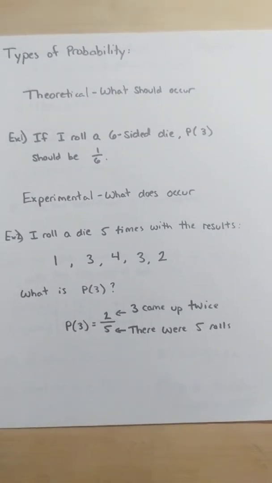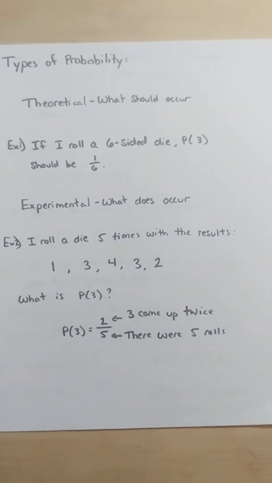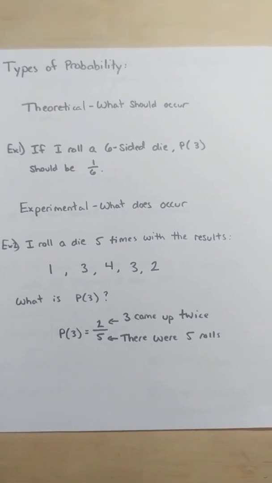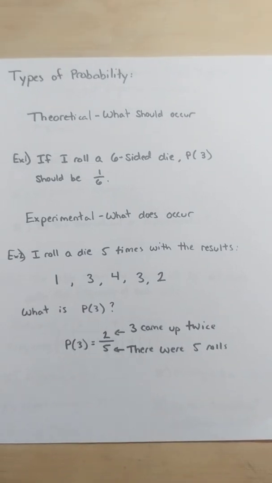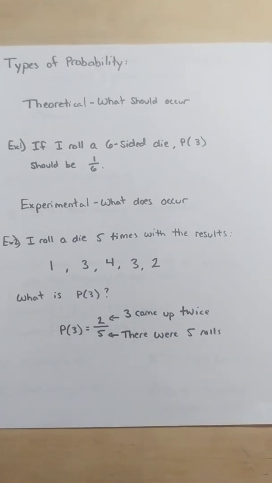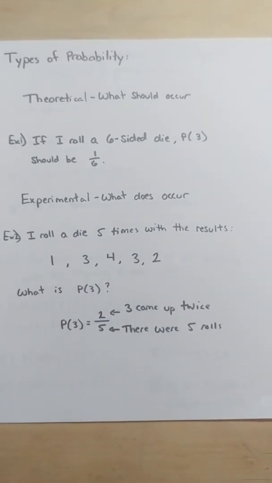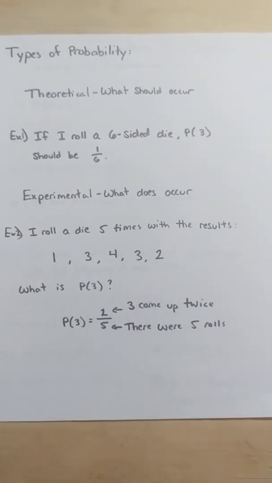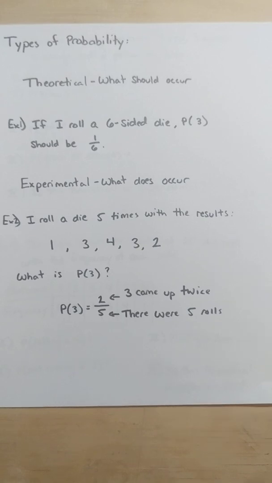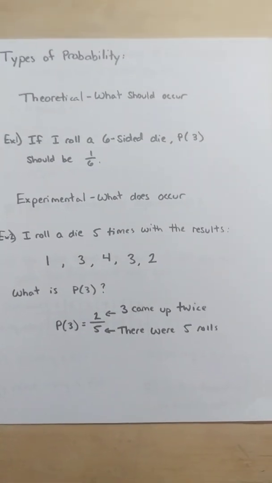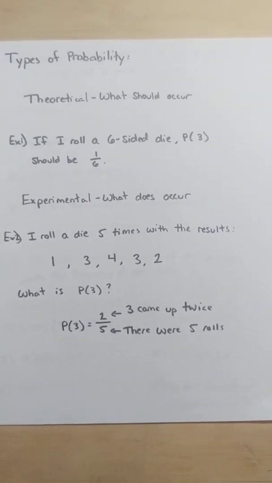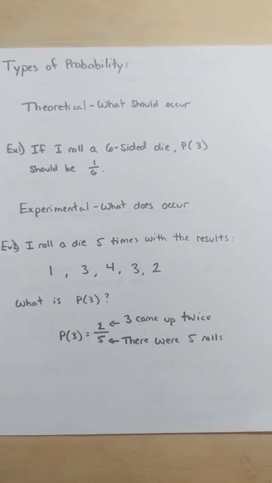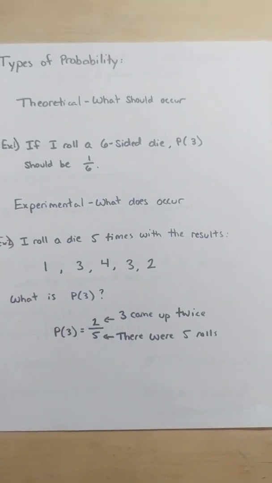With probability, there are two types of probability. The first is called theoretical probability. This is what should occur. So theoretically, what should happen? This is when we just ask a general statement and we take the outcome for what the experiment is, not what actually happened. So for example, if I roll a 6-sided die, if I want the probability of rolling a